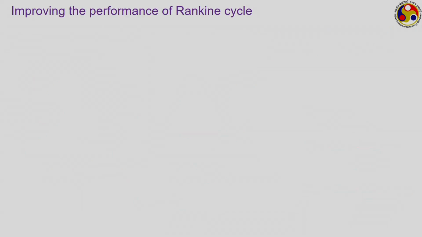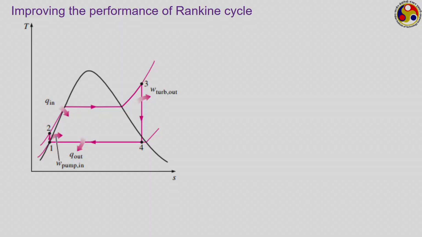Now, let us move on to check out what are the ways we can improve the efficiency of a Rankine cycle. This is the standard diagram for a Rankine cycle without any irreversibilities or pressure losses. Now, look at this diagram, it is a TS diagram. During the heat addition process, the temperature of the fluid starts from temperature T2 and moves on to temperature T3, whereas during the heat rejection process, in the ideal cycle the temperature remains more or less uniform, which is T4 or T1, both of them are equal. So, the temperature of heat rejection is a constant, but the temperature varies during heat addition, and therefore,